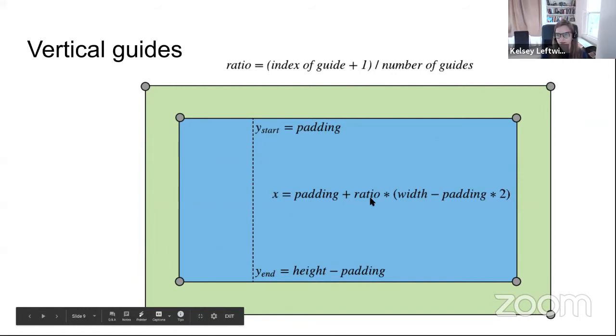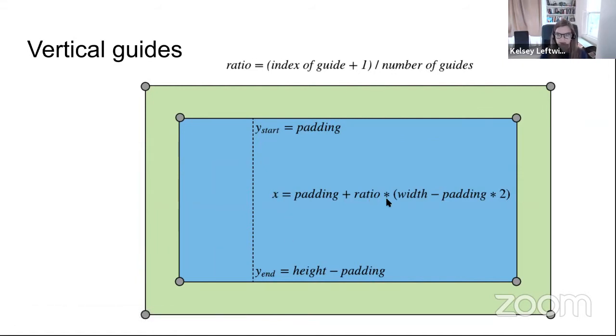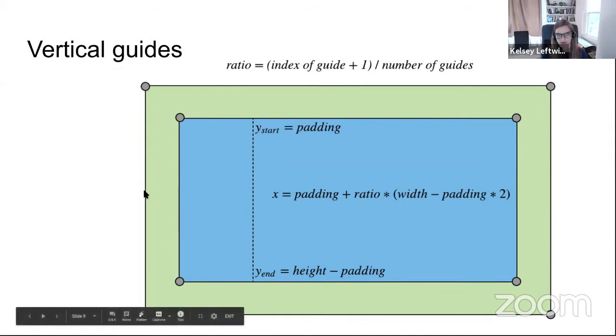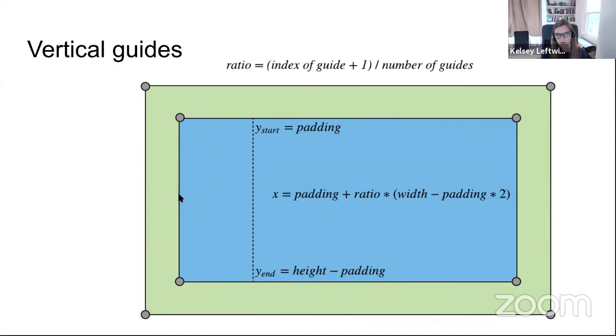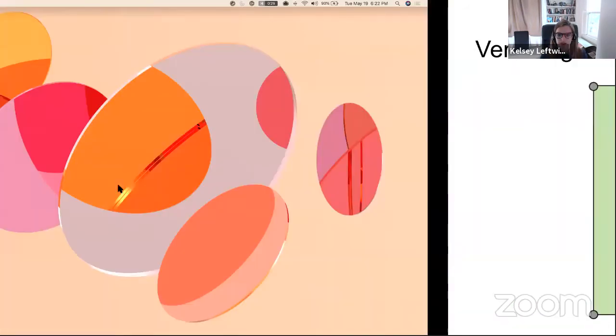And then our X value, we use that ratio that we calculated, and then multiply it by the width of the total SVG element. And then we just subtract the padding on each side. So that lays out our line, and then we just push it into the chart. So we add this padding on the left. And that ends up looking like